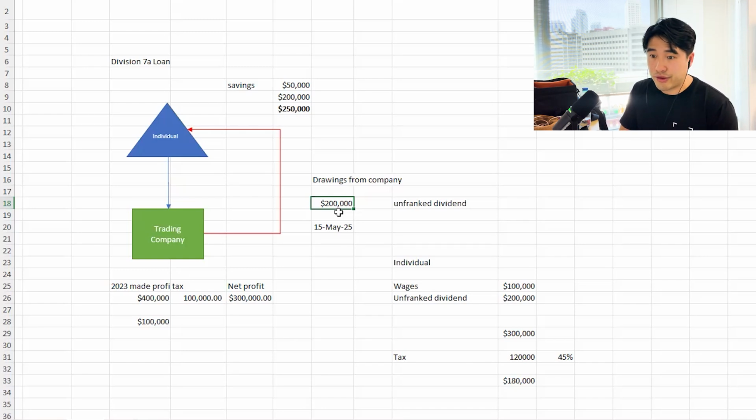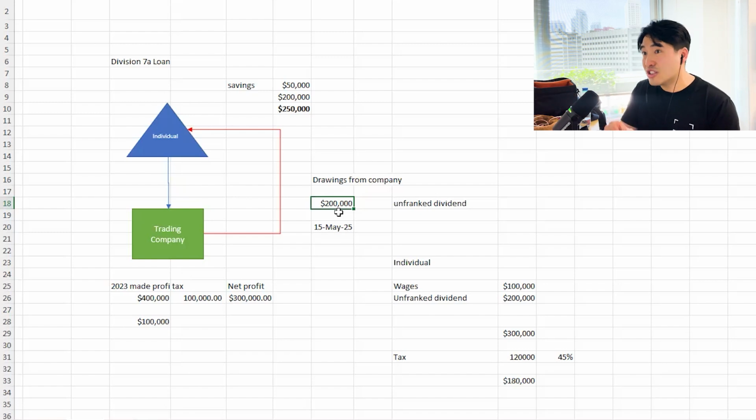If you don't pay it back before 15th of May, it gets unnoticed. You lodge your tax return, you don't do anything about it. The ATO basically won't figure this out until multiple tax returns are lodged. Once you lodge the tax return for 2024, it's not technically a problem because you still have until 15th of May 2025 to pay for it, so they won't do anything. They don't do anything for the next year either, until 30th of June 2025, because you haven't lodged a tax return to show that you haven't made the payments yet.